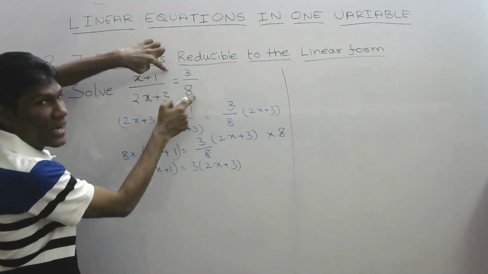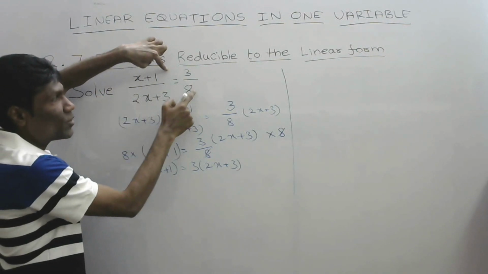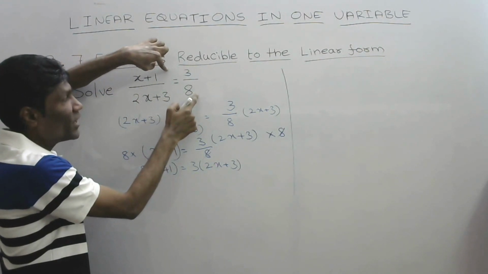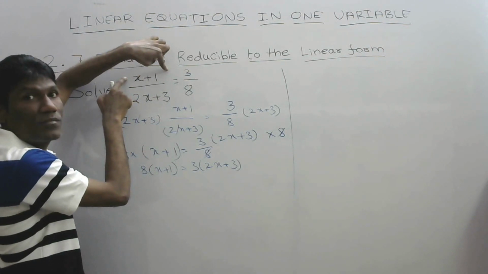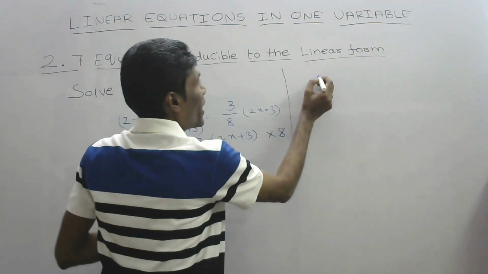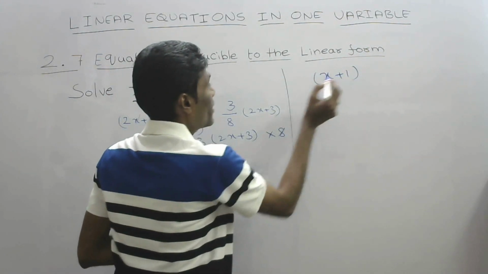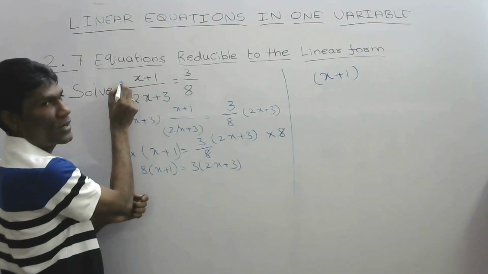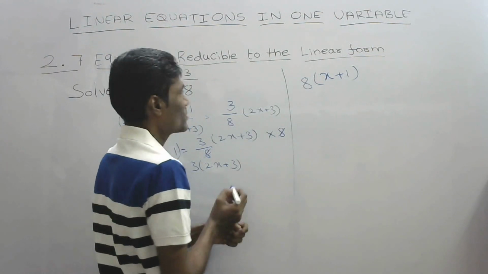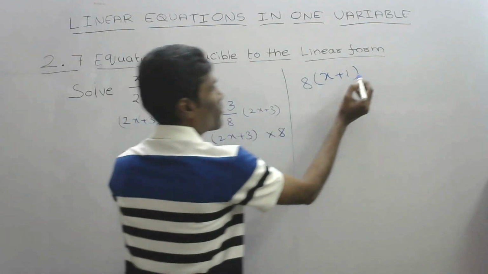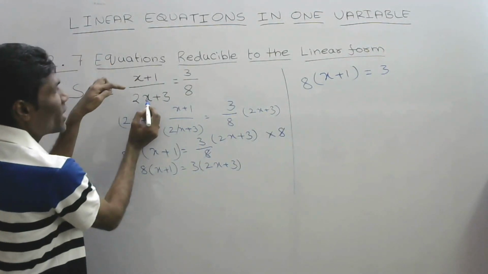Here, let us transpose this 8 to this side. When we transpose, this is division. So, when it goes to this side, it will become multiplication. So, 8 into x plus 1,